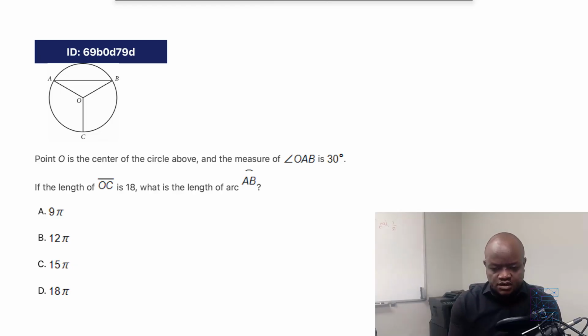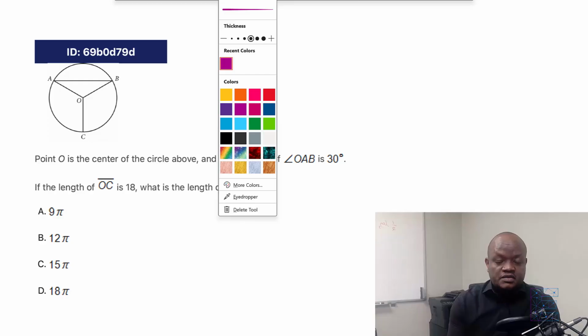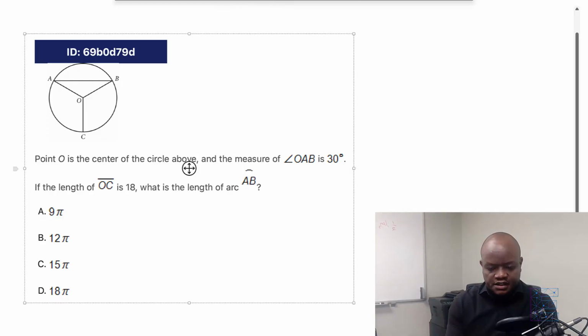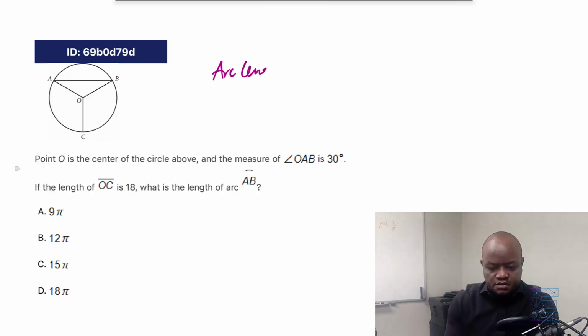So this is an arc length question, and I want to lead this by reminding you that we have a formula for arc length, and it's as follows. Length of an arc equals theta over 360 times 2 pi